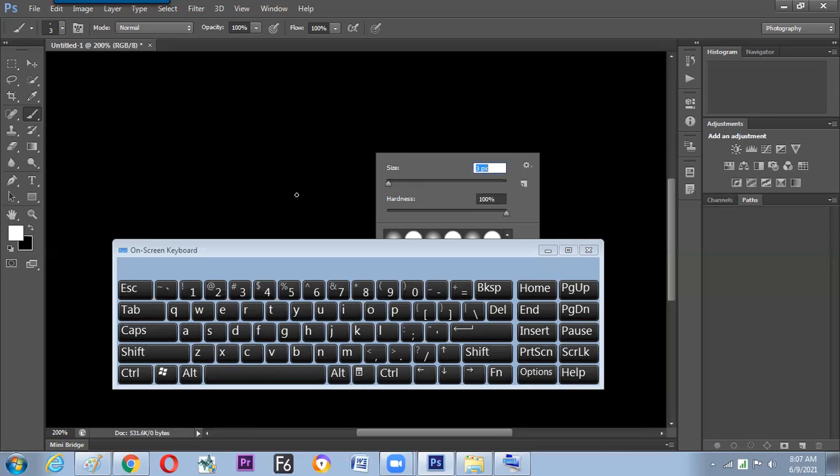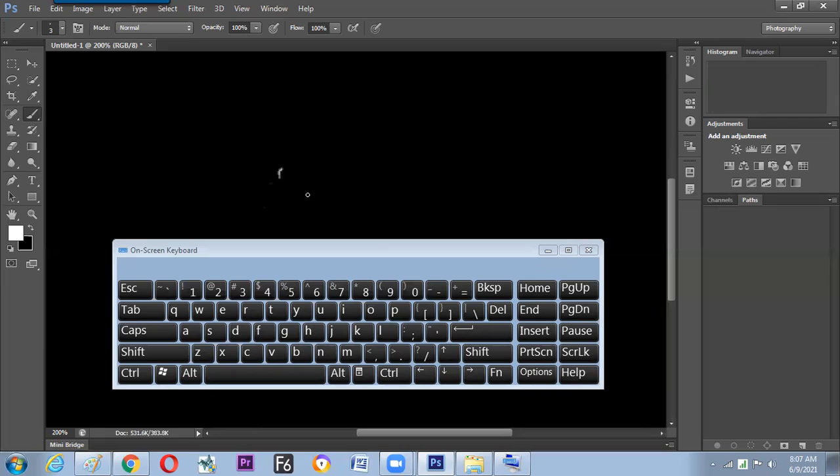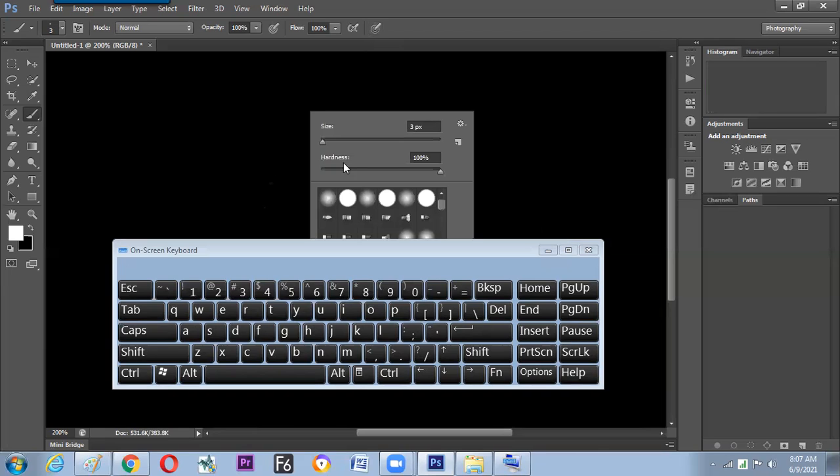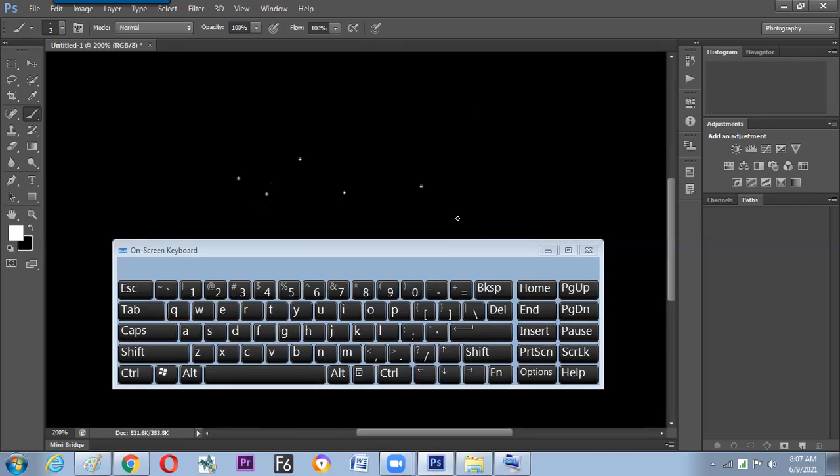And just randomly you can put some dots on the screen. So you can find the dots appearing on the screen.